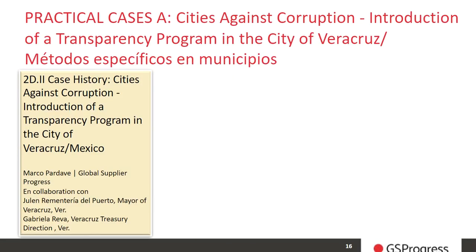This is the first case that we make in the city against corruption, and for transparency in the city of Veracruz. This county has more than 3 million people living there, and we implemented the management system when this standard was not yet created. We use for this standard